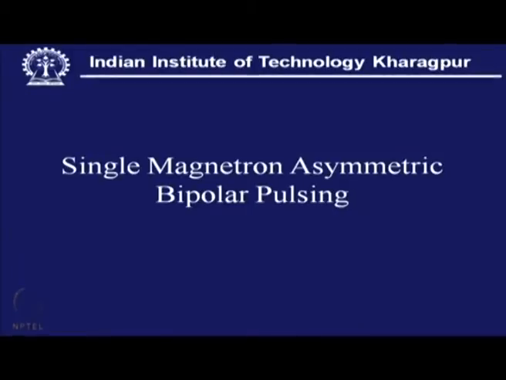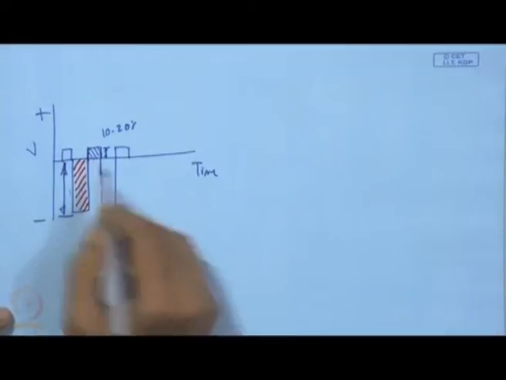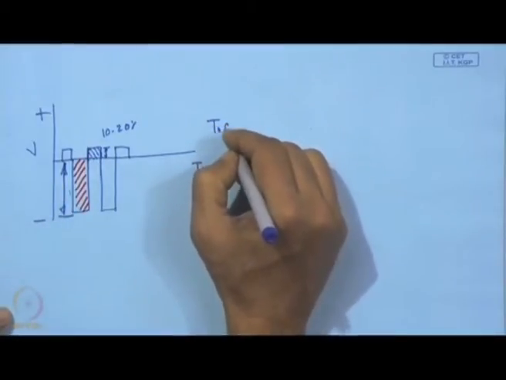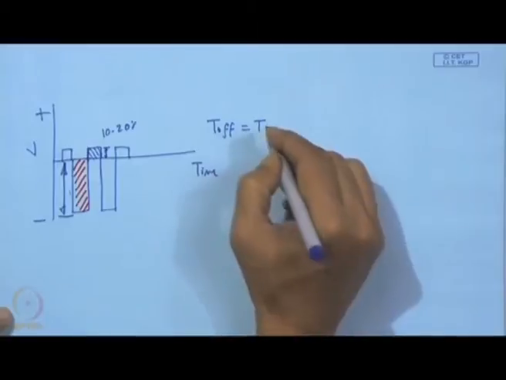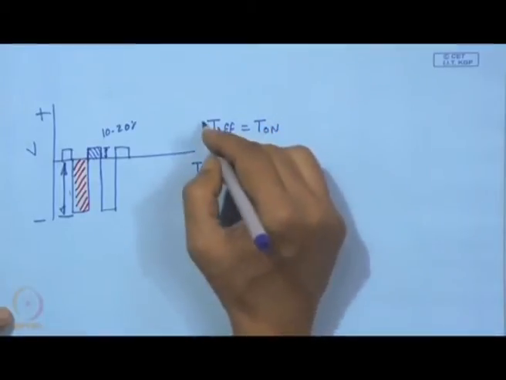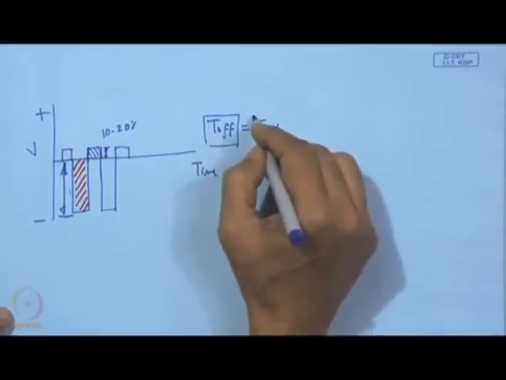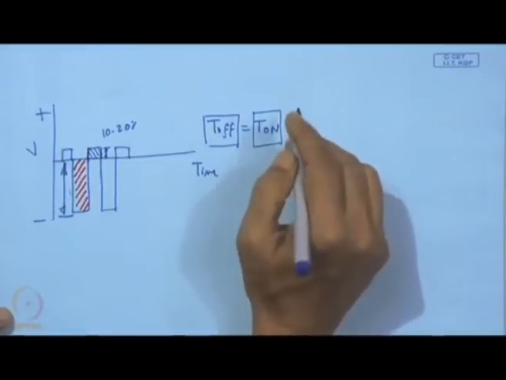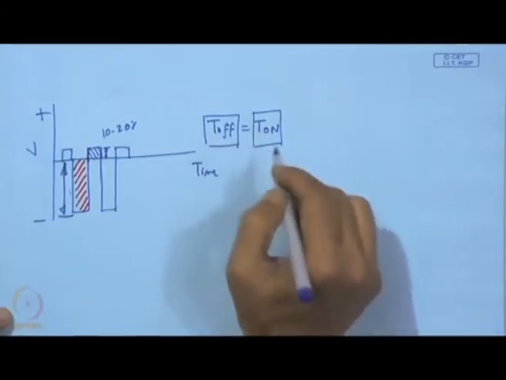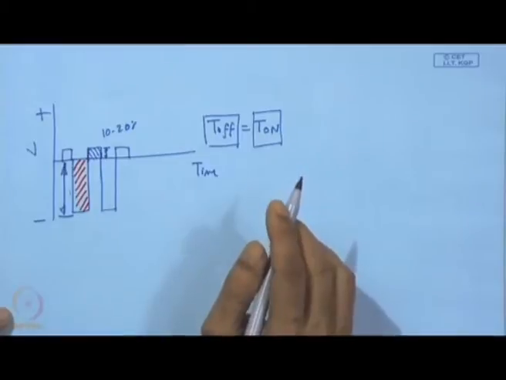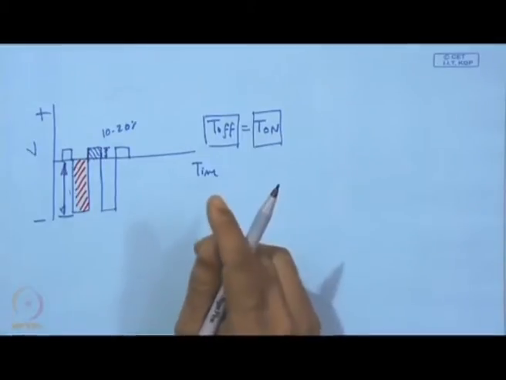Now, here what we have seen, the first two cases, are symmetric. It is symmetrical, that means on and off, that means here T off is equal to T on. So, off time is equal to on time, and with that we have one possibility, but it can be so that